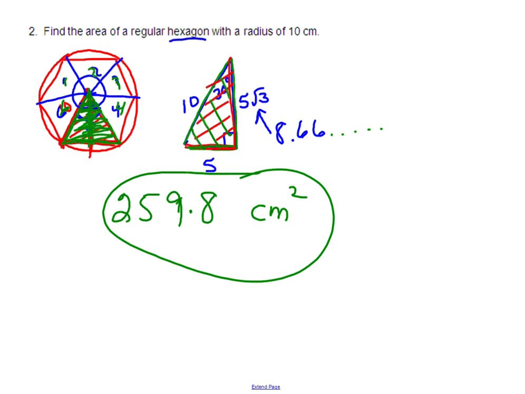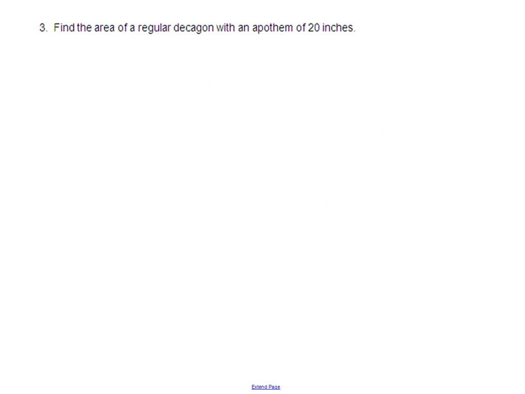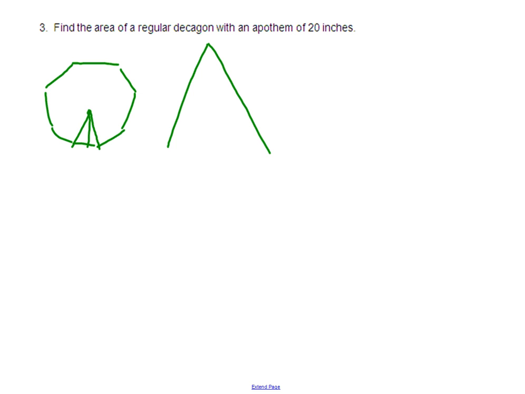All right. And then one more. A regular decagon with an apothem of 20 inches. So without really trying to draw this too accurately, the apothem is that straight up and down side. When I have this triangle blown up here, the apothem is this piece right here. That's 20. So all I really need to do is find the base, because I have the height of this triangle, which is the apothem of the shape,